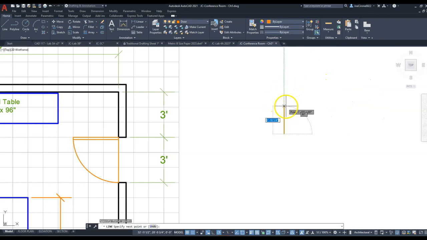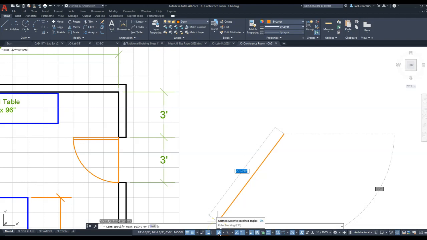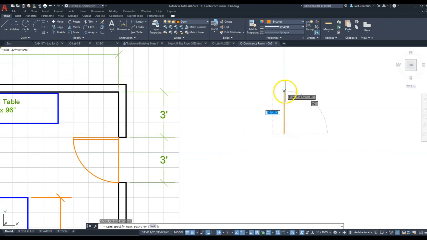And so you can see I get the green tracking line because my polar tracking, and that's the glyph or hieroglyphic, is on. And we want that because it works better that way. And then we're going to just extend this out. You can see that the cursor units are increasing by 1/4 of an inch, and so you can either watch until you get to 3, or a better way is to just type in 3 feet, enter, and then we'll go out to the left